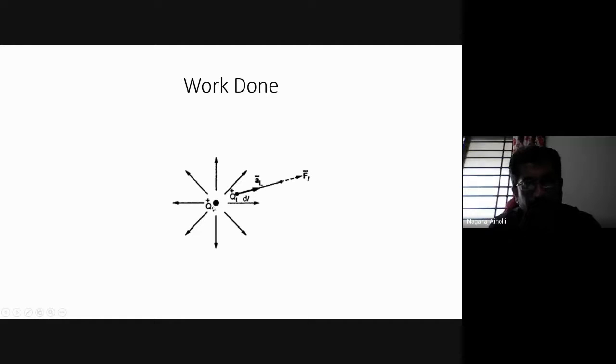The original force applied by Q1 on Qt is F. But we have to calculate the component of F bar along the direction of dl bar where the charge is moving. This is our FL bar, the component of the actual force along the direction in which the charge is moving. Originally, when it is placed, it has just potential energy, and the charge Q1 applies a certain force on Qt. Now, when it is to be moved through a certain distance dl, what is the component of the force along the direction dl? That is what we are supposed to find out.